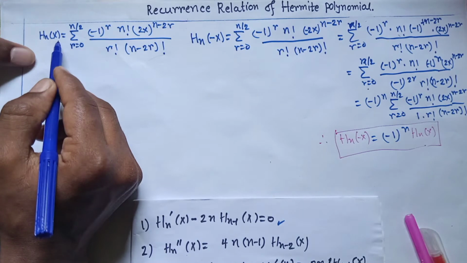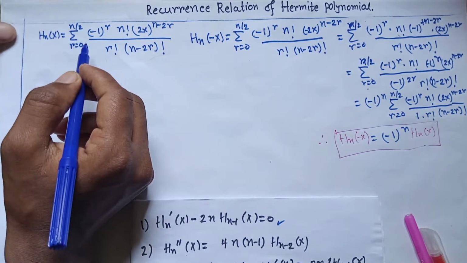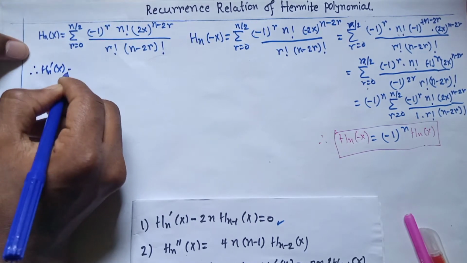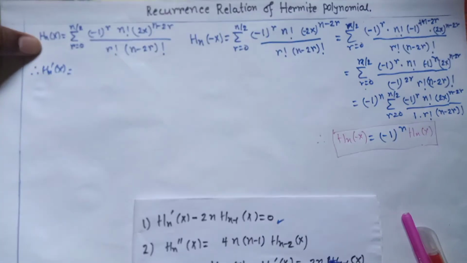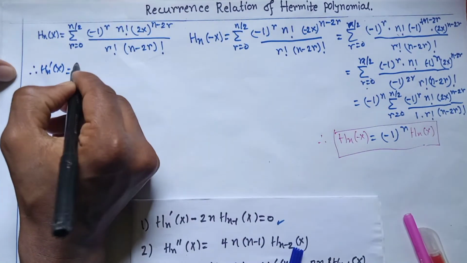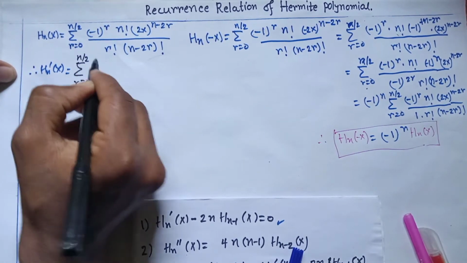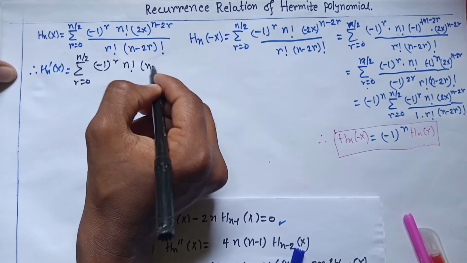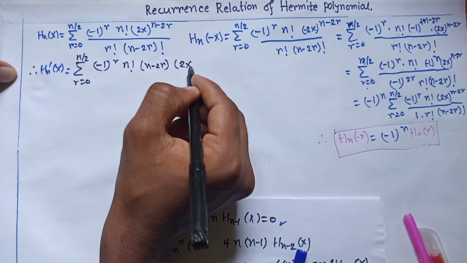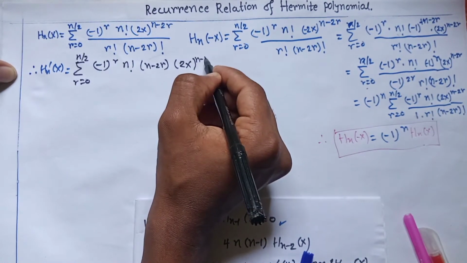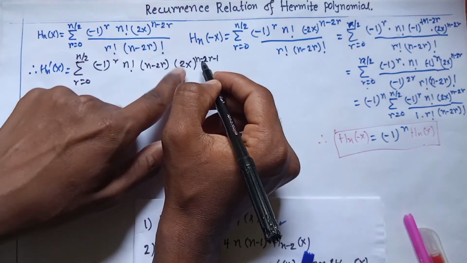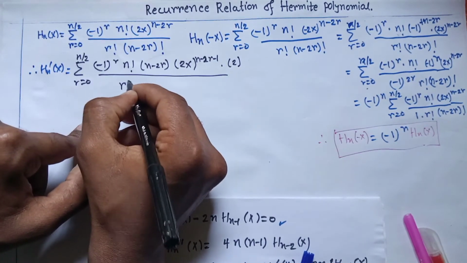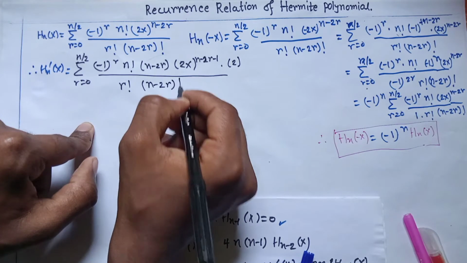If we differentiate this with respect to x, we get Hn dash of x equal to summation r equals 0 to n upon 2, minus 1 power r factorial n, into n minus twice r into 2x power n minus twice r minus 1 into 2, differentiate that is 2, divided by factorial r into factorial n minus twice r. Okay,